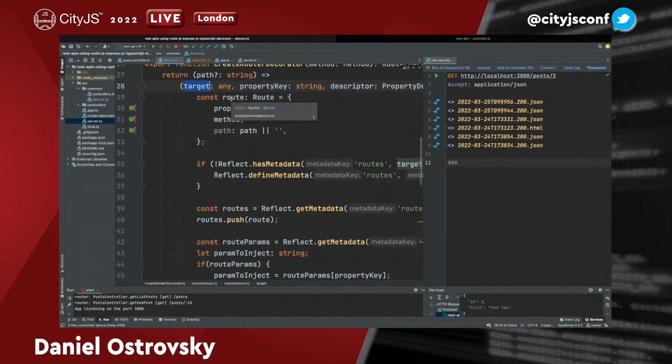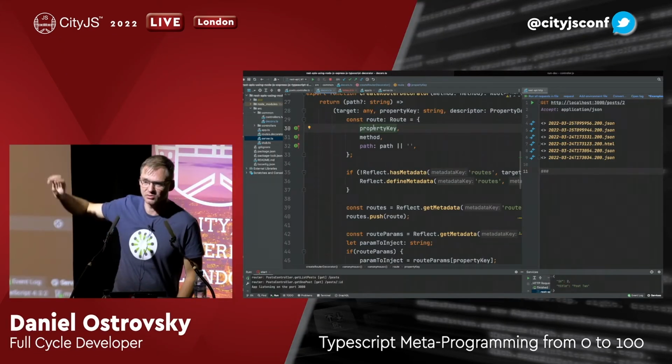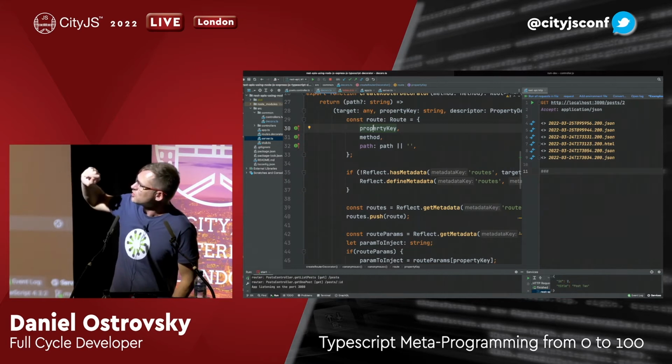We want to build our road. We have the object road that we save, with property key. Property key is basically the name of the function, the name of the method on the class that is decorated. Method: get, post, delete, whatever. And path is what it will be responsible for. So basically what I'm doing here is creating some kind of a configuration object that says that this method, in our case get one post, will be responsible for the path